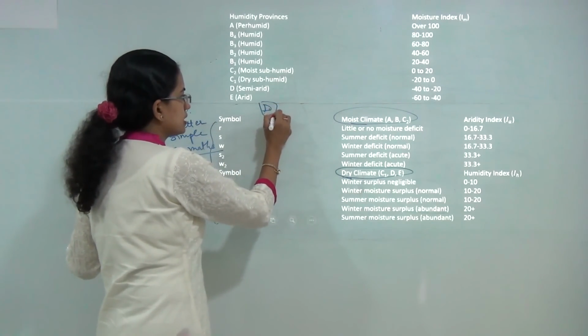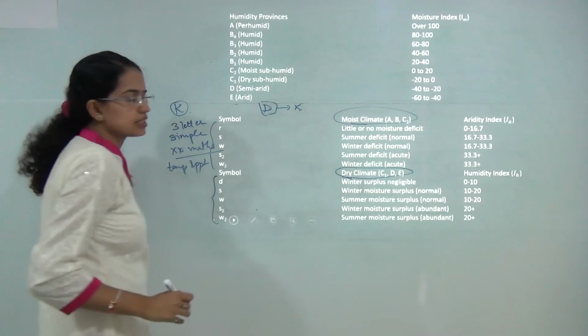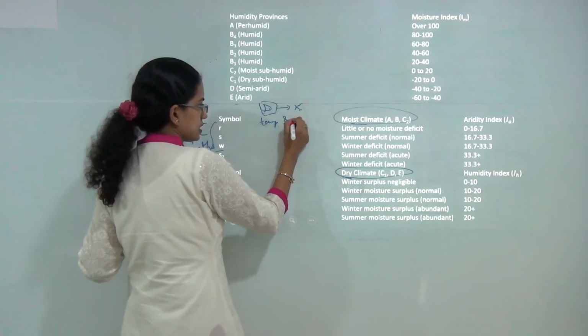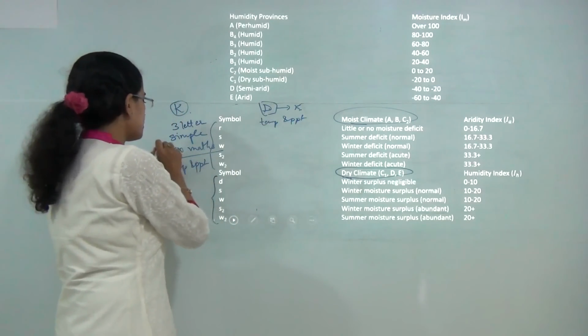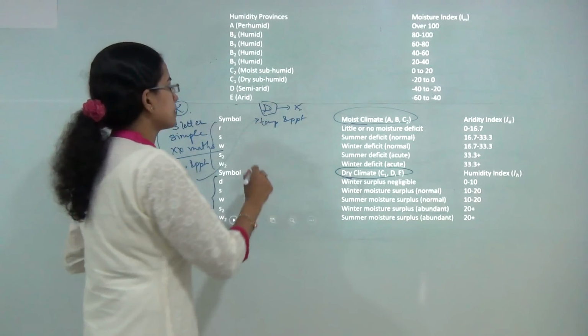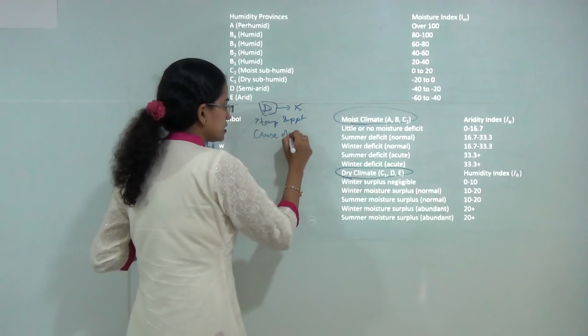However, there were certain demerits for Köppen's classification. The first demerit was it simply relied on temperature and precipitation. In simple terms, I can say what was the merit eventually became the demerit for Köppen's classification. The cause of classification was unknown.